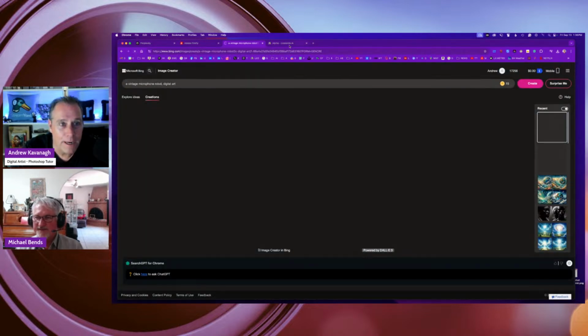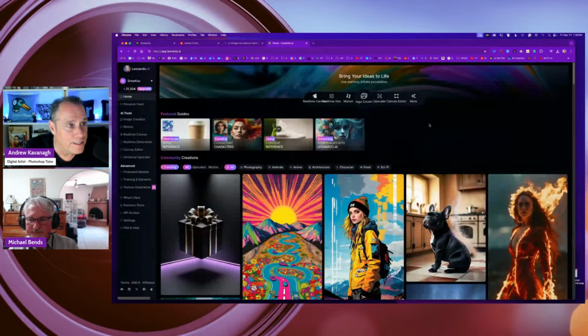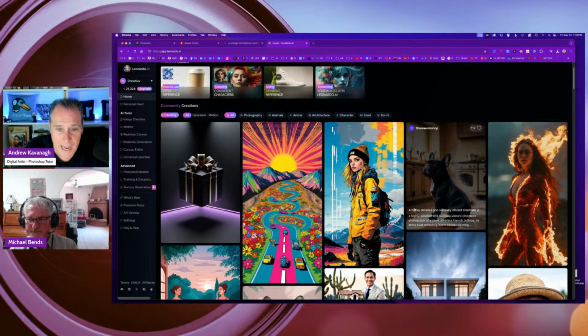Whatever. Okay, but I did want to show you if you use the same prompt in the reference to Salvador Dali, but you go to Leonardo. Yeah, because it's also not showing. It's got the broken preview image icon. So now if you go to Leonardo, you can just type in Leonardo AI, or the direct URL is app.leonardo.ai. And this is kind of like the home page. Once again, it's got the gallery.